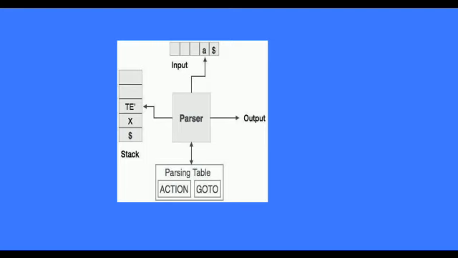Here with the input buffer, the LL parser is going to generate and store the values in the stack with the help of the parse table. Finally, we get the output. And this is about the structure of LL(1). And next, coming to the next one, that is construction of predictive LL(1).